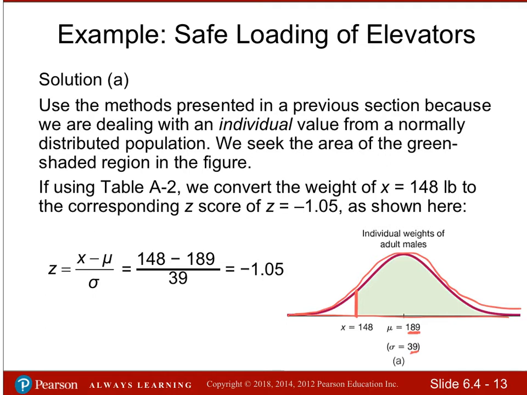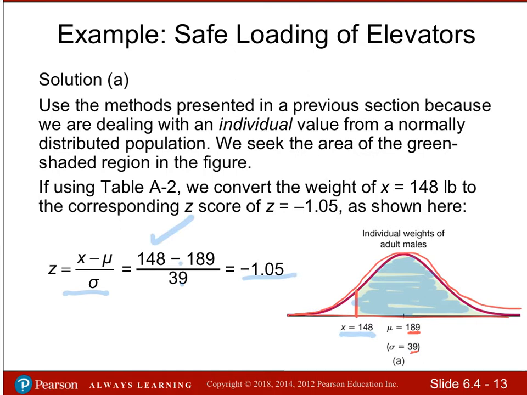So we are interested in finding the area to the right of our cutoff, right? We've done that. So what do we do? We find the z-score of our cutoff. And that's what happens right up here, right? There's our z-score formula, 148 minus the average over 39. So our z-score is negative 1.05. So this has a z-score,